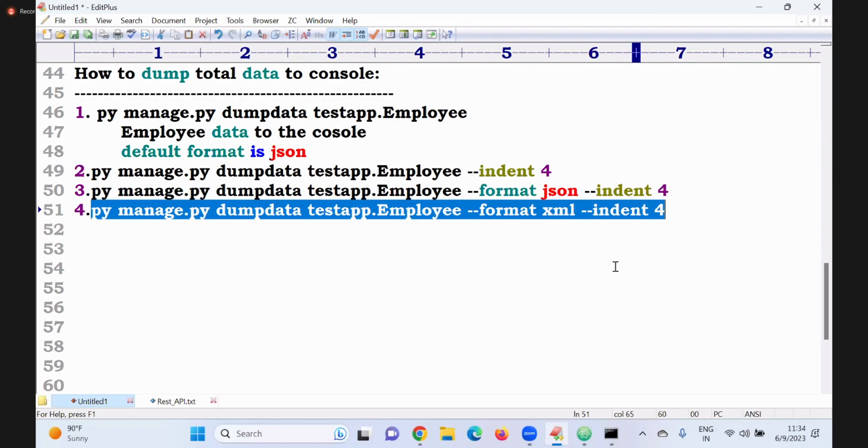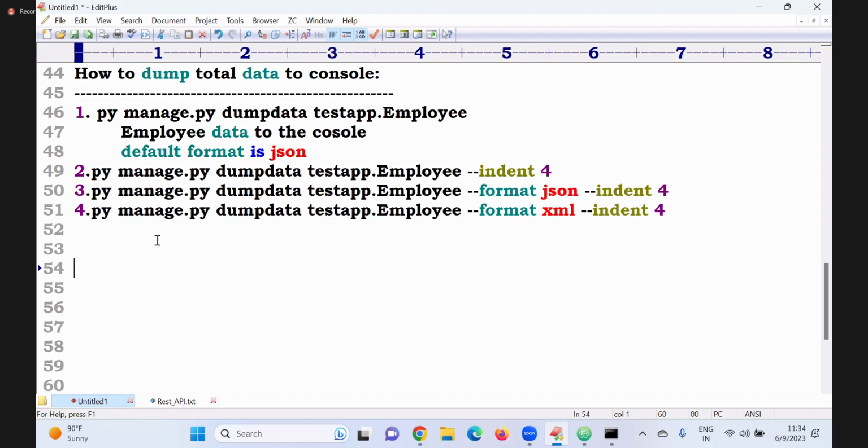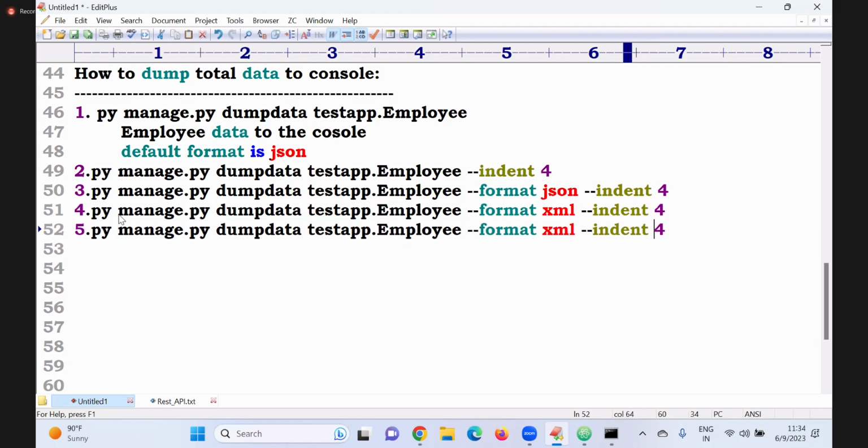I'm printing in the console. So don't print in the console, save into a file. Tomorrow, maybe at the time of sending, the common sending formats are JSON and XML. We already discussed this. SOAP means XML format we can send, and JSON we are. For example, sir, how to save into a particular file? This